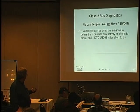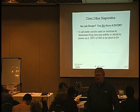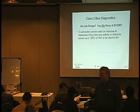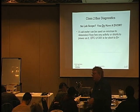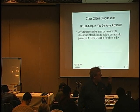All right, no lab scope, you've got a DVOM. I think probably everybody in here has got a lab scope. But if you have a DVOM, there's the code for short to power. You don't want to see 12 volts. What should you see on the DVOM? AC, DC? Would you put it on frequency on something like a Fluke 87? Now, you'll see a frequency that's erratic because it's a bunch of random pulses. But you will see in DC mode between pin 2 and a ground, you'll see the meter just dancing around,